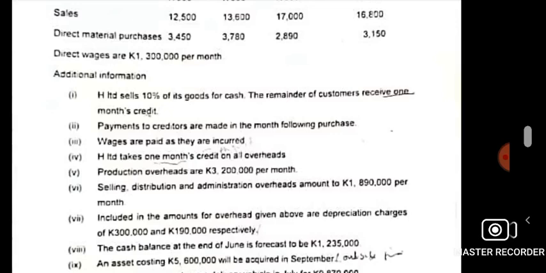Then we just have to demonstrate the same info, but remember that depreciation is supposed to be subtracted from the overhead. This is just some treatment you have to know. Depreciation is subtracted from the overhead. That's depreciation that is included, so you can just leave the overhead figure itself. So let's represent this info.